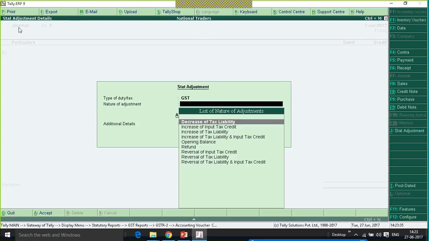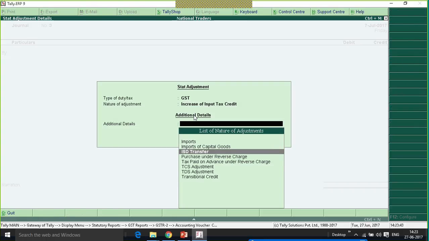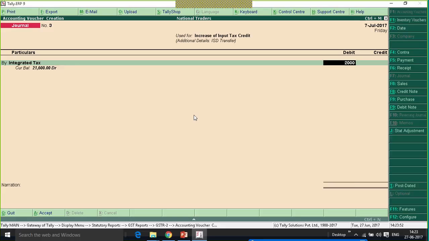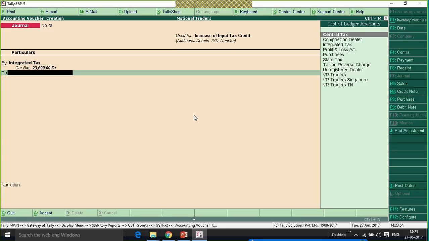So it will take me to the journal voucher. Type of duty will be GST, increase of input tax credit, ISD transfer. Assume that I am getting an input tax credit against this integrated tax 2000 from my head office.